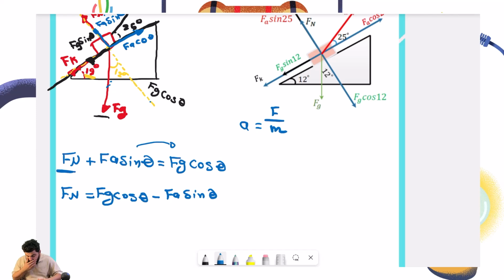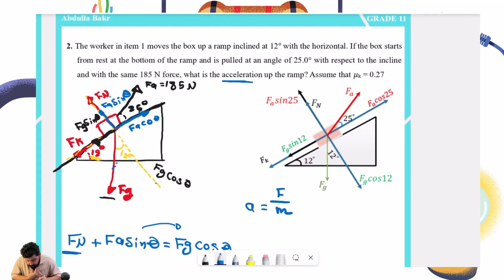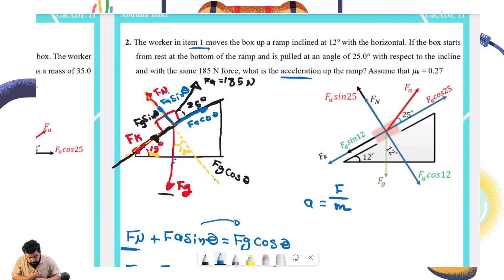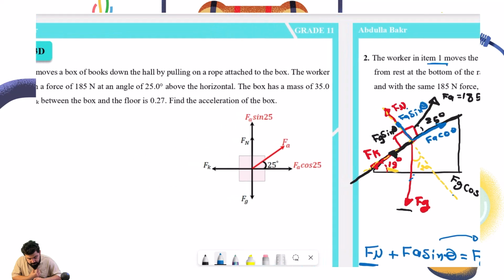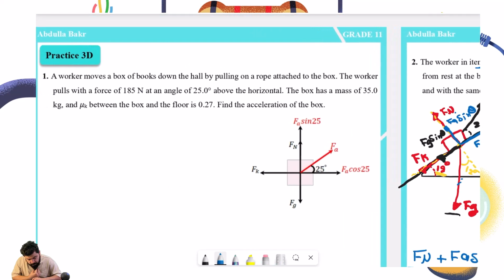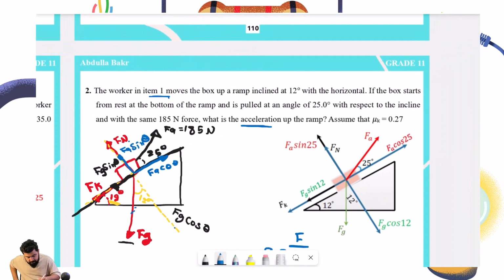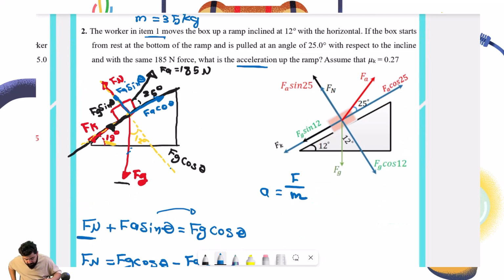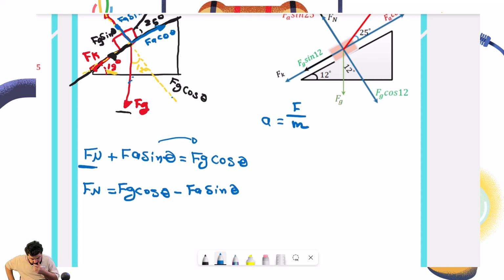Now, do you have Fg? Do we have the mass of the object? It says from question 1, item 1. Let's check item 1 and see what the mass is. The mass is equal to 35 kilograms. Because I don't have Fg, I cannot do anything without it. So I'm going to say Fn is equal to mg cosine theta minus